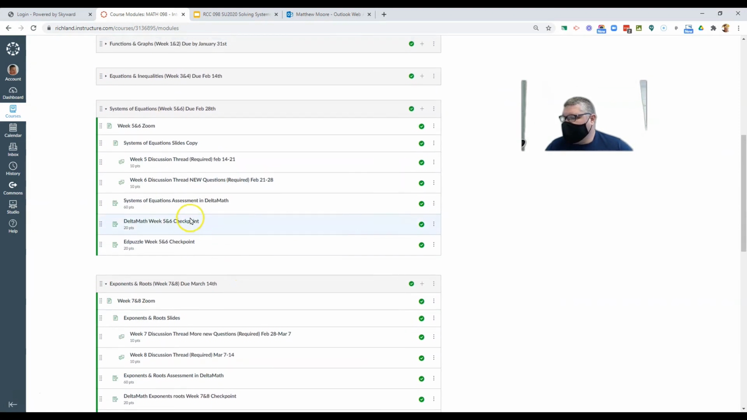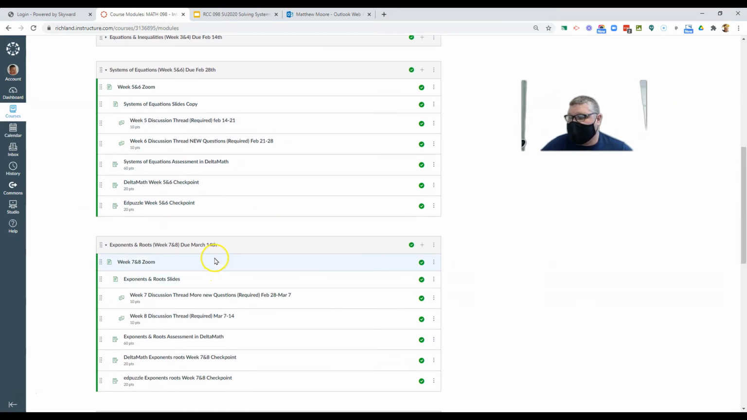Additionally, you also have the discussion for week 6. Now, how do you know when these things are due? Well, literally, guys, there are date labels on these, so make sure you have those done. Additionally, you have the assessment, and I will put the checkpoint for Delta Math and Ed Puzzle in here. If you get all this accomplished before Sunday, feel free to go ahead and start working on